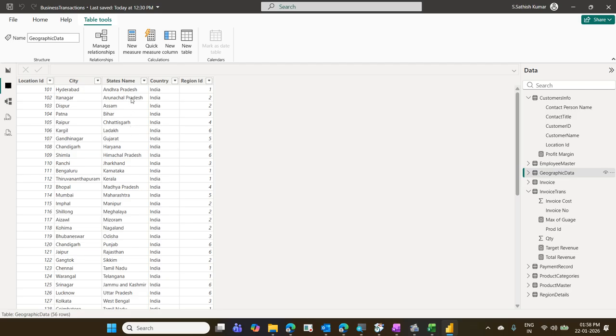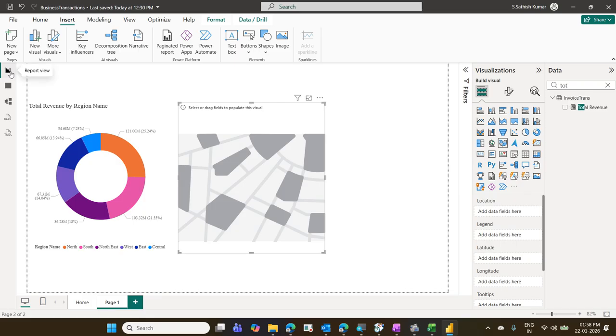Suppose we have many countries, India and other countries, we can use the country name. But I have only one country here. So that's why I'm not going to use country. I'm going to use the state name. So let us come to the report view. Just for checking, I went to that table view and checked whether we have countries or states or cities. I have more states, countries is only one. So select this map and